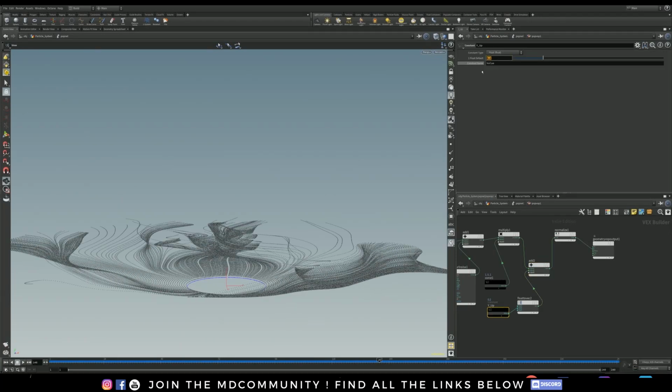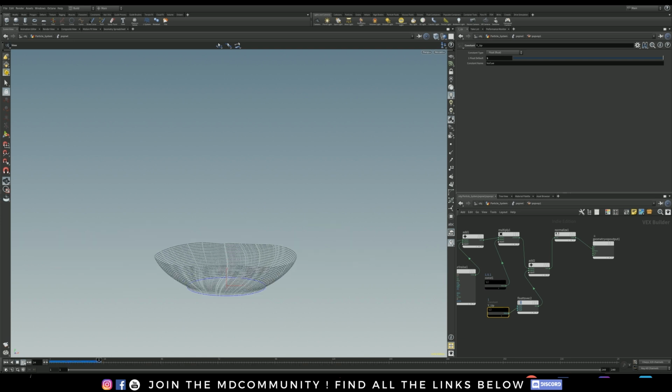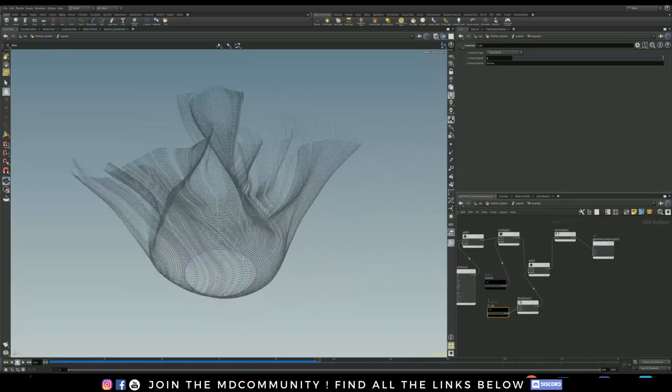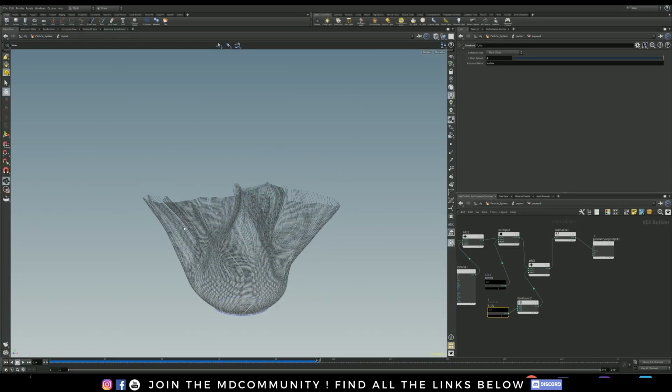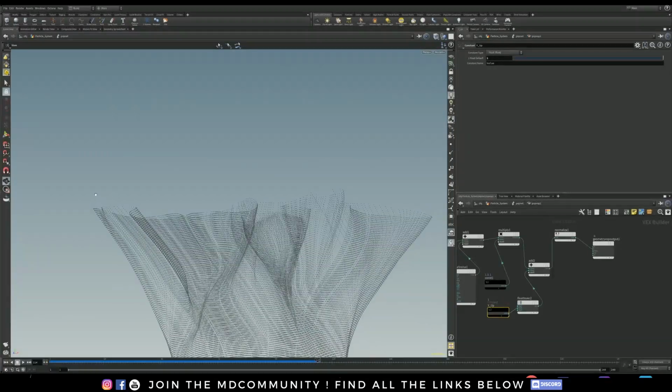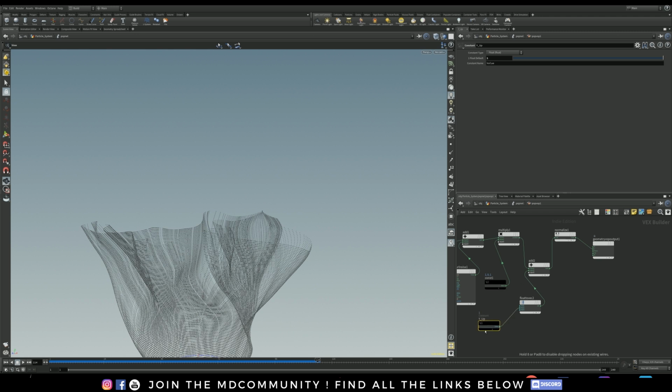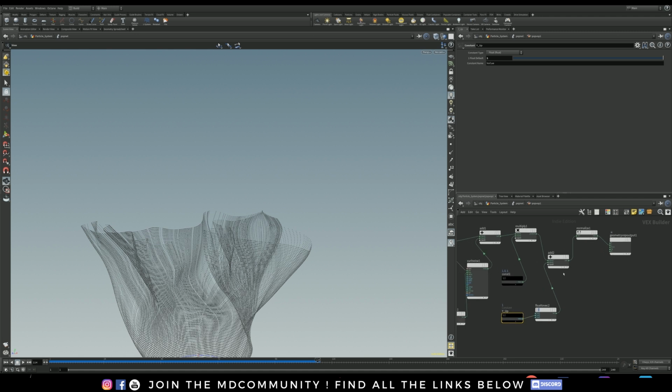Let's crank this up. Now you have a growing structure, right? But now all our particles have the same y, and we are using a noise. Instead of always using the same number for the velocity, we can still use the curl noise y velocity. But as I explained, if we use that,